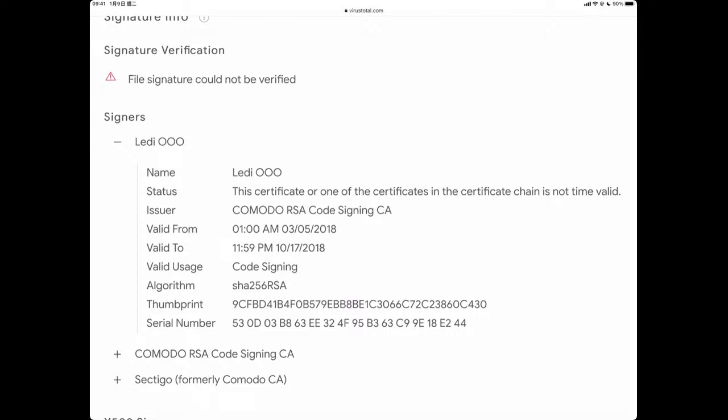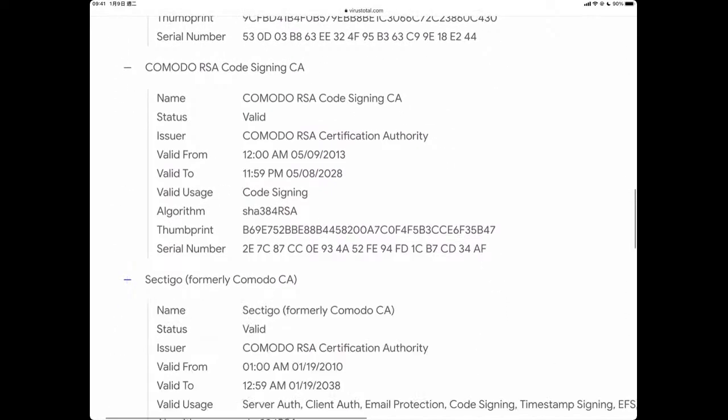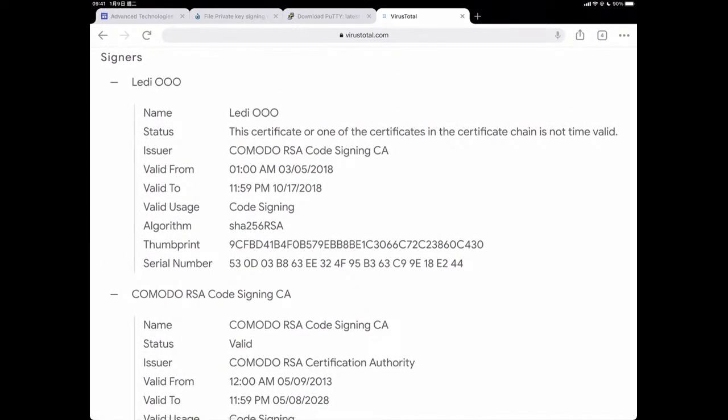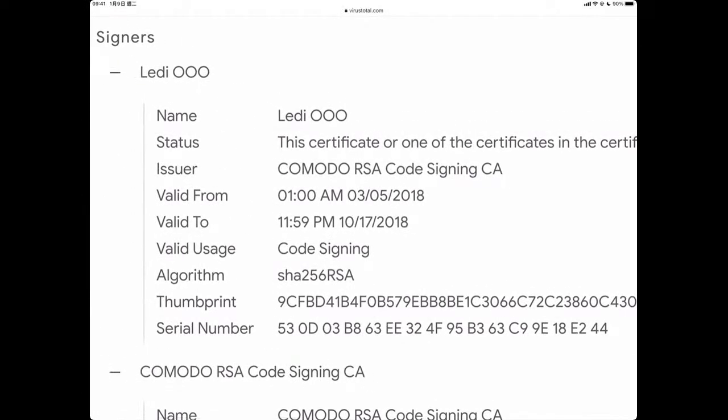However, even if this PE file contains 3 different signatures, those signatures cannot be verified. For example, this signature is expired.